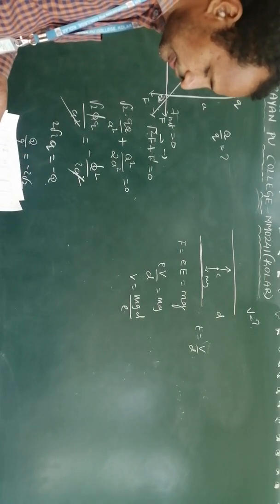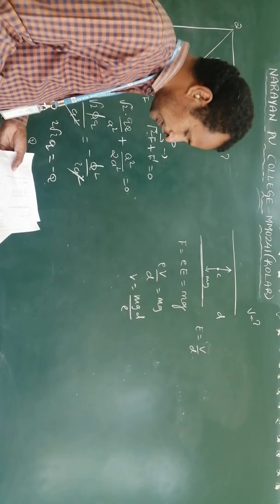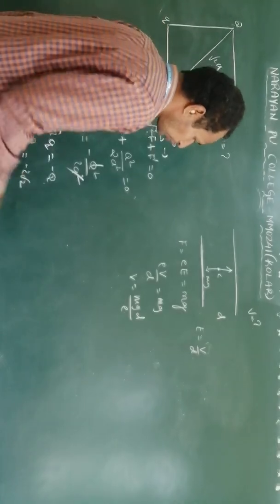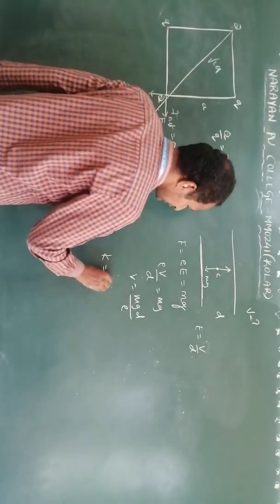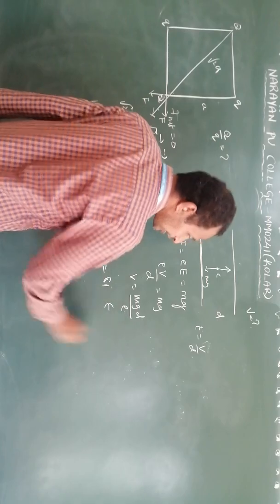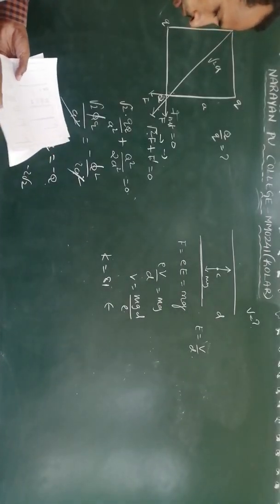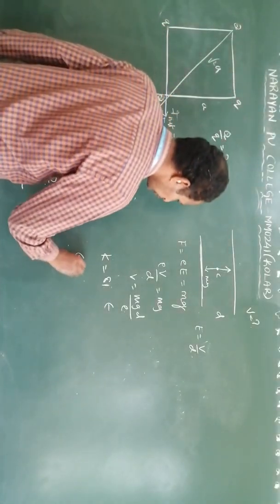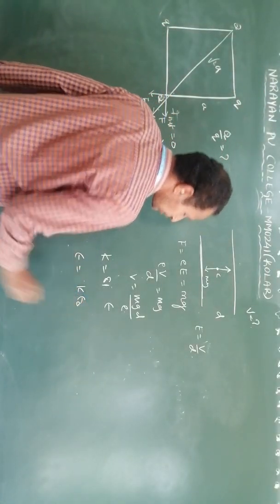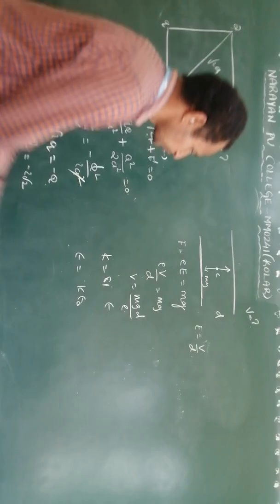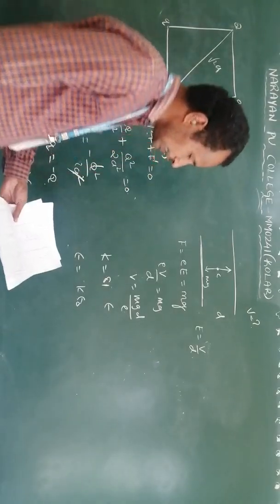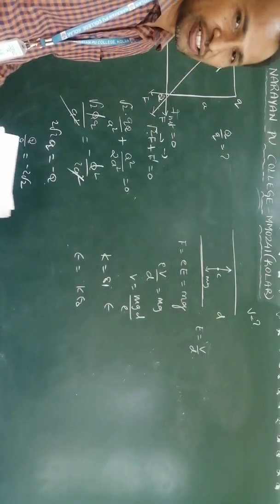19. The dielectric constant of pure water is 81. The permittivity will be... The dielectric constant K is given as 81. They are asking for the permittivity epsilon of the water. Then epsilon is equal to K into epsilon naught, a direct formula. Substitute the K value and the epsilon naught value; the given answer is in terms of 10 power minus 10, so you will get the answer.